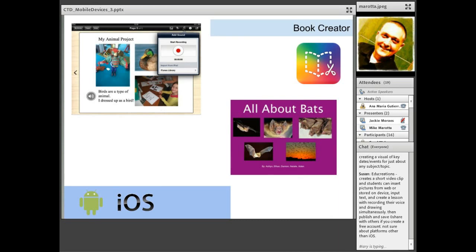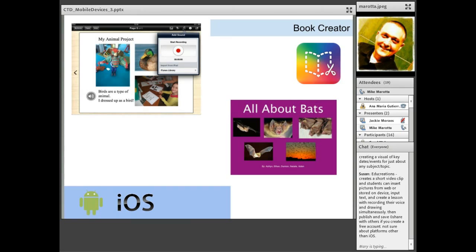So again, iBooks Author is the software that works on the Apple, on the Mac devices, and then the books from iBooks Author will work on your iPads. Not necessarily all of your iOS devices, just your iPads. And again, John also has some good resources there for Book Creator. And so he has these demonstrations of how you can use your books